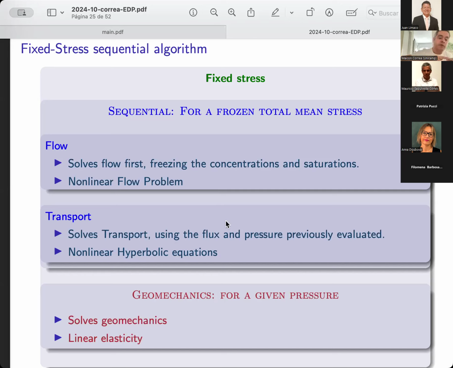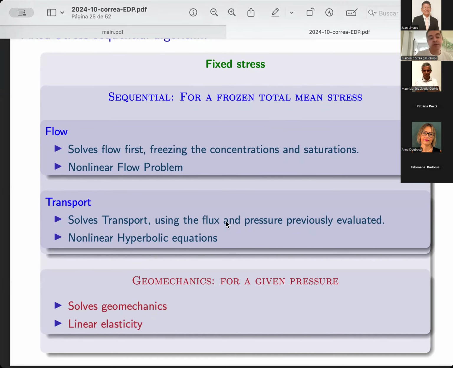We are solving flow and transport, and iterating in one time step to convergence. Once they converge, we go to the geomechanics and solve the equilibrium equation for the mechanics in the whole domain. After that, we need to come back with the new displacement, new porosity, everything that's updated here. And this is the idea of the fixed stress. You need to iterate to convergence. It's expensive,